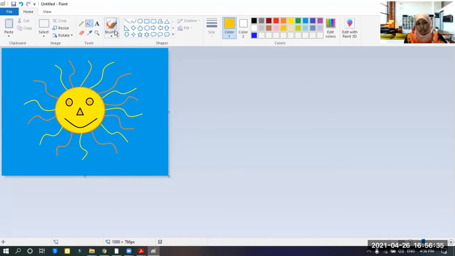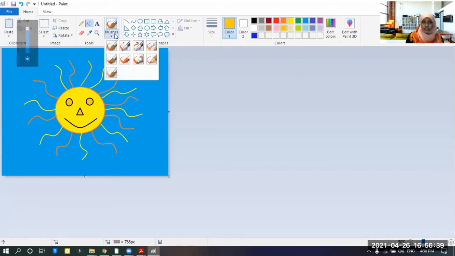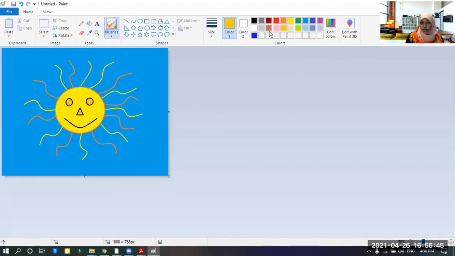How to give the blush? How to draw the blush in the cheeks? Go to the brush. So this would be better, right? This one. Select it. Go to the color. We will take a red color. Give the blushes here. You can keep blush like this, or else you can change the size of the blush. I will change it to this one. See? And blush.